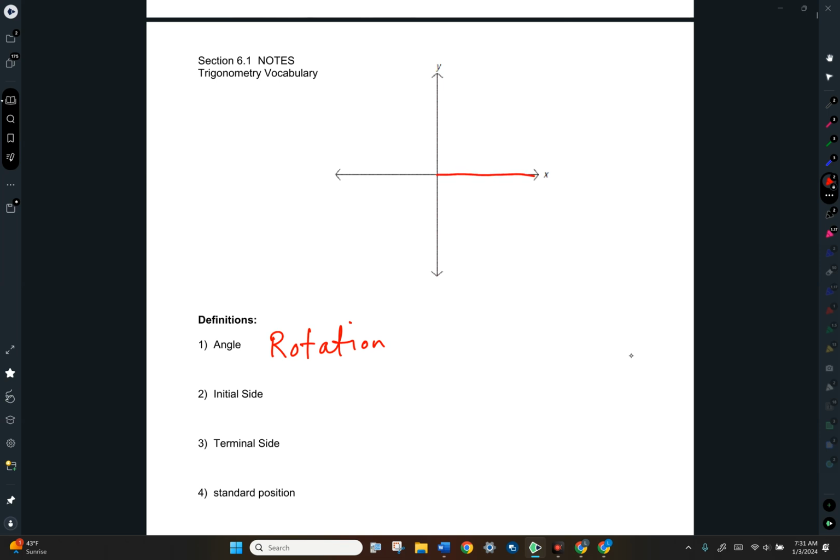is always laying right here on the positive side of the x-axis. So there's the initial side. So let's put here on positive x-axis. And then you have a terminal side. Terminal side. So the initial side is laying on the positive x-axis, and then you have the terminal side, which starts off